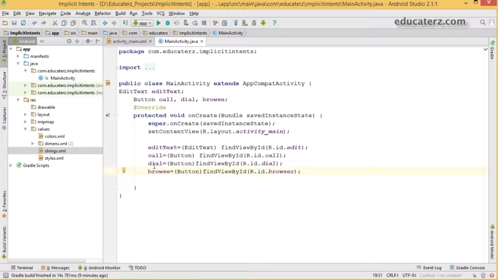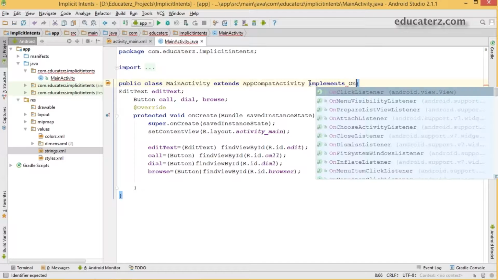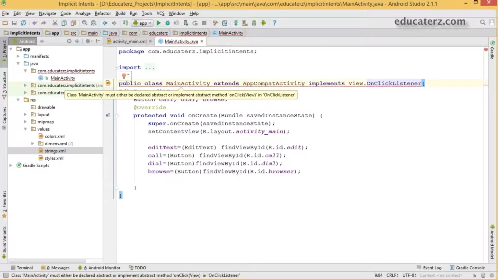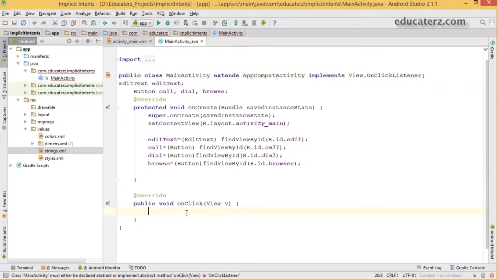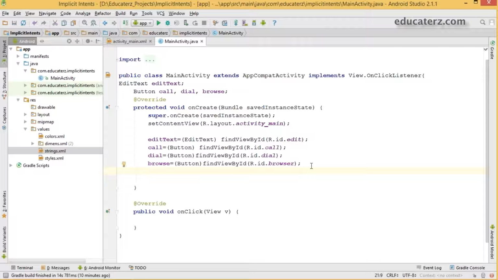Now we should set the listener for all these buttons. So we have three buttons now. In our previous examples, we had one. So now, as we are having more buttons, instead of directly doing that, set the listener. I'm going to implement the on click listener. So just go to your error bulb and click on that. It is going to implement onClick. Just simply set the listener for all of your buttons.